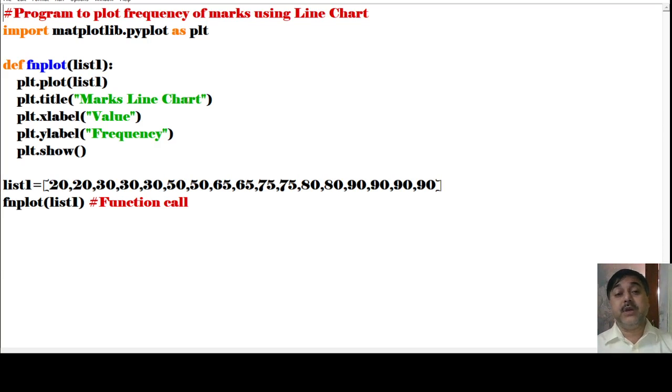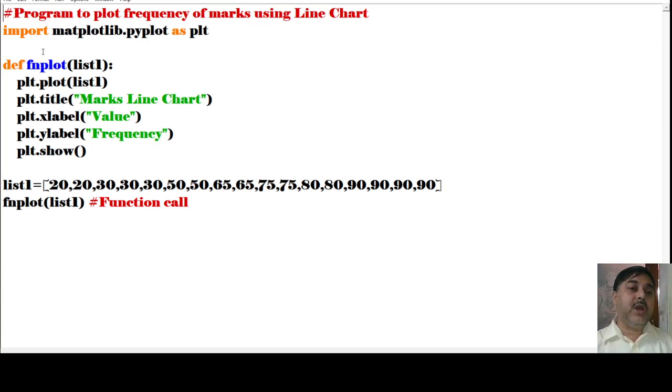In these particular subsections, how are we making it? So when we have defined it, when we have given the def, that means when we construct the function, how do we construct the function? By calling the def. So as you are calling the def, what is the name that has been given? fn plot list 1. Okay, fn plot list 1.